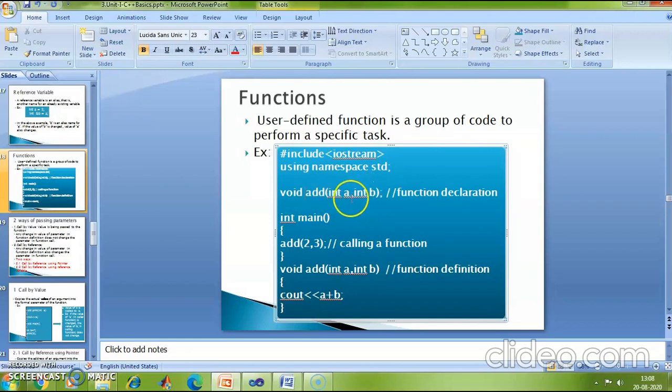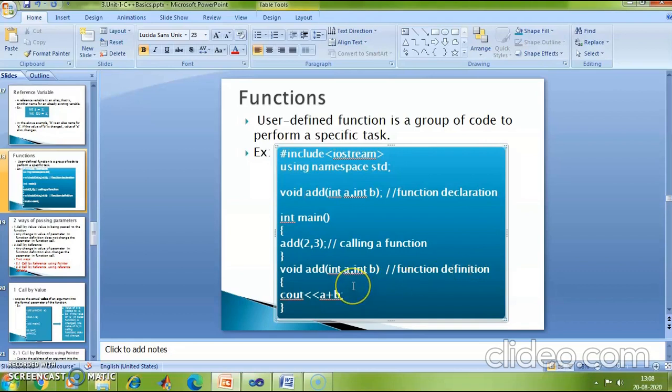These two variables are separated with a comma, and every function declaration is terminated with a semicolon. So this is my function declaration. The third important thing in a function is that you need to define the function. So these are the basic steps used to define and call a function.